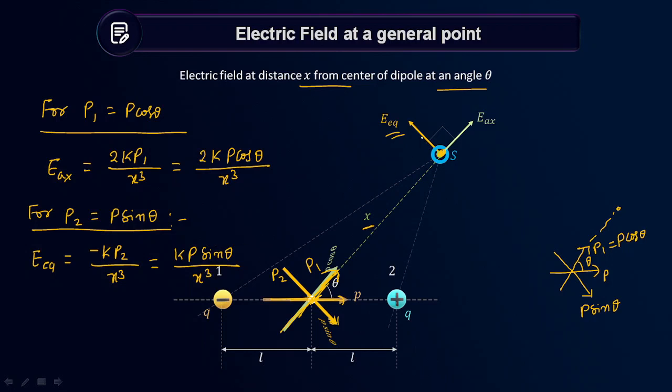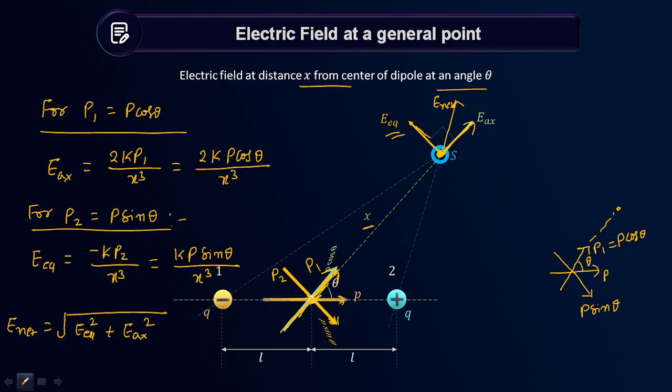Now we got two electric fields. One is along the line joining the point and one is perpendicular. Now if I want to write E net, can I say E net will be in between? Maybe these quantities are not equal, so let us say the net electric field will be in this direction. E net, yes or no? So from here, E net will be equal to root under of E equatorial square plus E axial square. Yes or no? Now put the value and simplify.